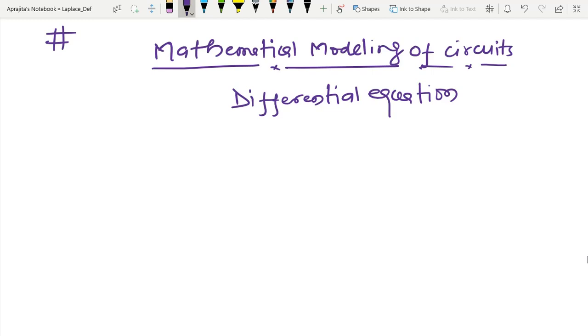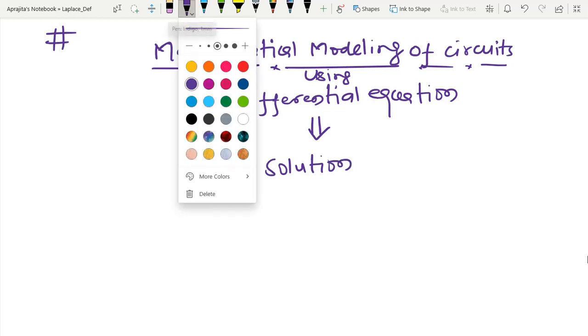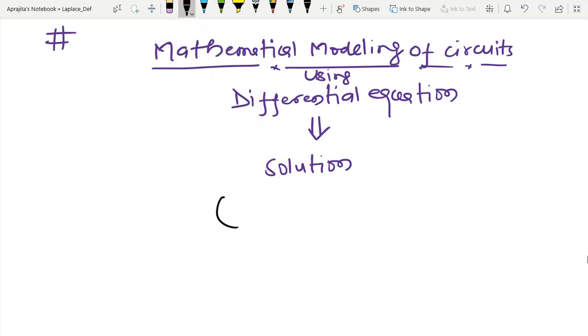So using differential equation I can model it, and after that if you see the solution, so solution is nothing but the response of the circuit,